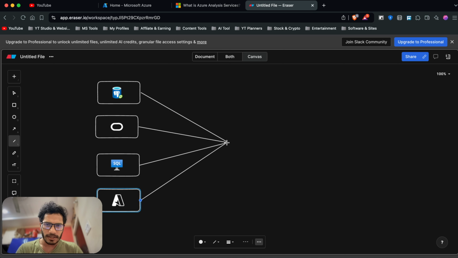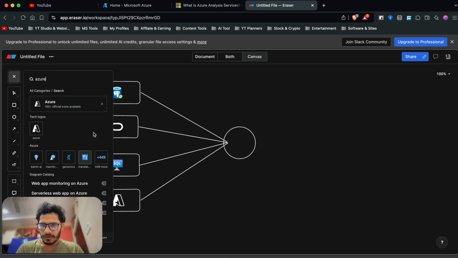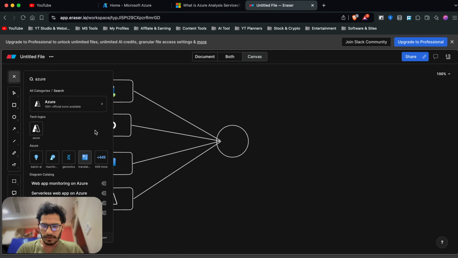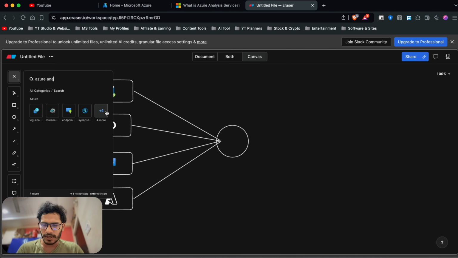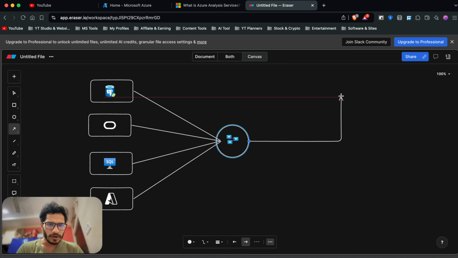As you can see, I have given you a complete visual, and at last I will add Azure Analysis Services, and I will give an icon for this as well. We'll give it a try. Okay, here it is. This is our Azure Analysis Services. It combines all kinds of data sources and gives one particular model, and from here we can distribute, we can create reports, we can develop most of our development